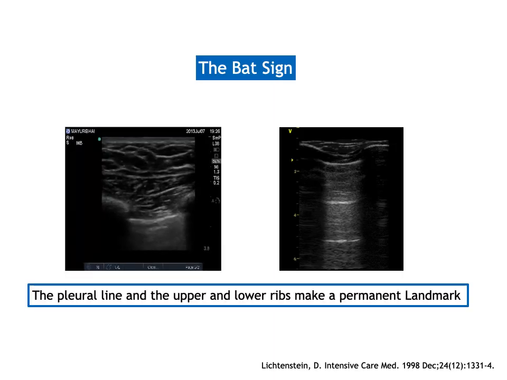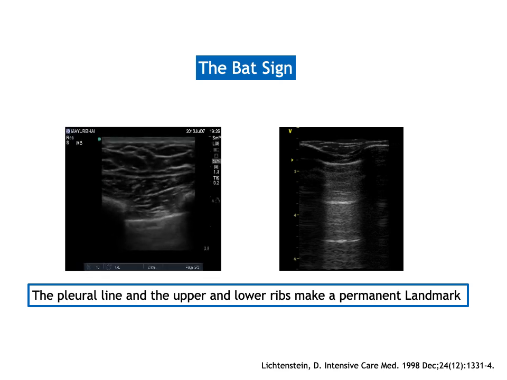So starting with the analysis of the artifacts, what are the normal artifacts that I expect to see? Remember, I just told you about the linear probe mid-axillary line. When we put the linear probe mid-axillary line with the indicator to the patient's head, the first thing you would see is the bat sign, in which you see the two rib shadows appearing as black shadows laterally and the